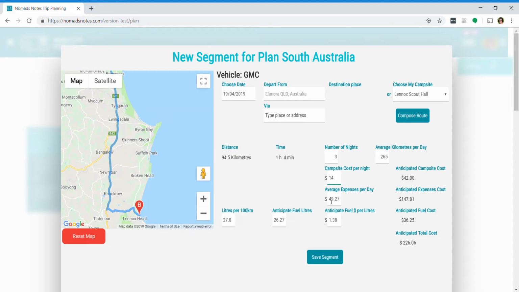The average expenses per day, now again that's built from data in my Nomads Notes database, and these expenses exclude fuel, which is below, and campsite cost, which is above, and it excludes vehicle maintenance. So this is data again from my Nomads Notes database. If you don't have any in there yet, you can change that. It won't have anything, and you can just put in what you anticipate your average per day will be. And these particular days, I don't think it's going to be that much, so I'm going to change that to a different number. And as you can see, the total anticipated expenses has changed because of 3 nights, and it's